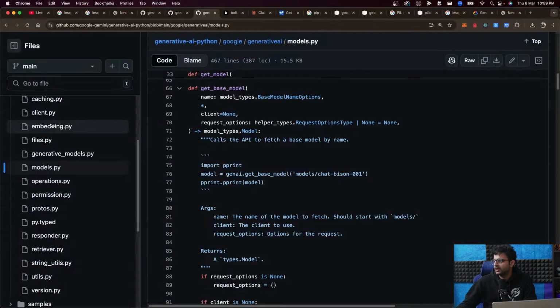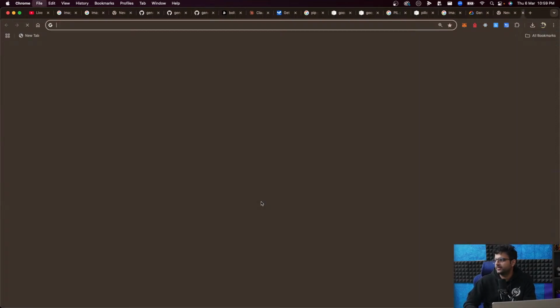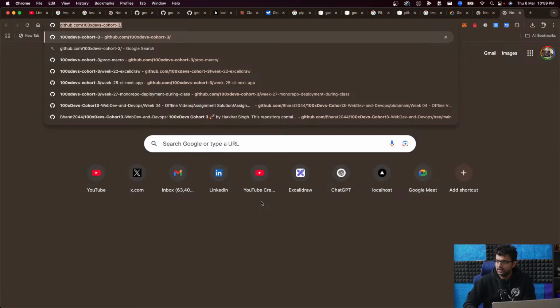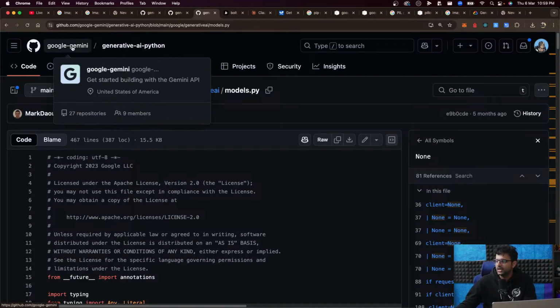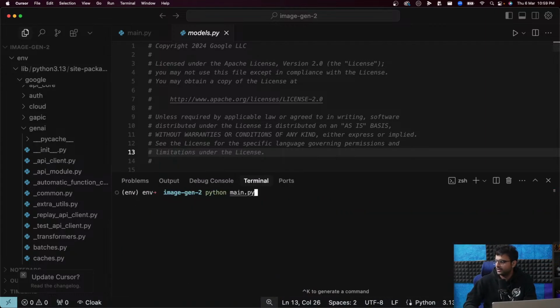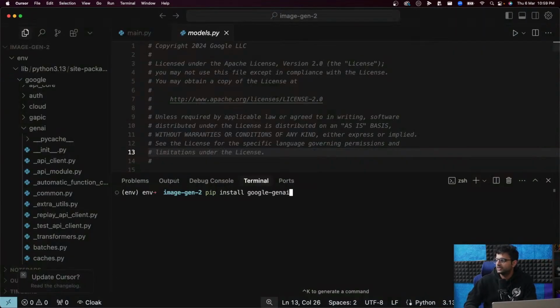Google Gen AI. Most probably, there's a third SDK. Let me show you. I think the one that we're seeing right now is what's called the unified SDK. This is new. They have an older one, which most probably is where the image generation SDK exists. So we can search for it here. Yeah, that's probably it, the one that we installed before. If you remember, a while back we did pip install Google Generative AI. That is this. And then we also did pip install Google Gen AI. We need to find where that is. That's a different package altogether.